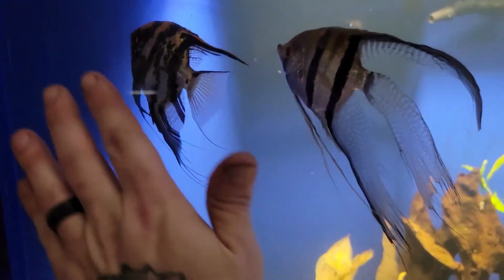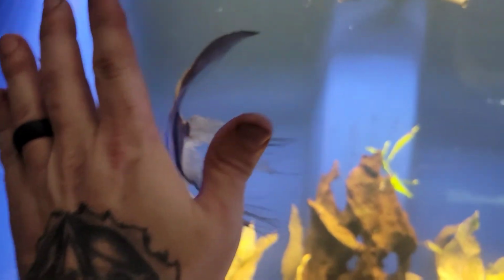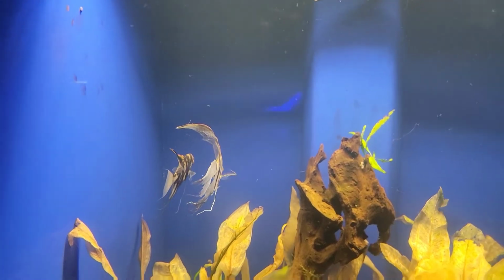Anyways, okay, lame joke. But anyways, here I'm trying to give you a visual size reference, and it didn't work because they are like, nope, let's go swim over here. Anyways,